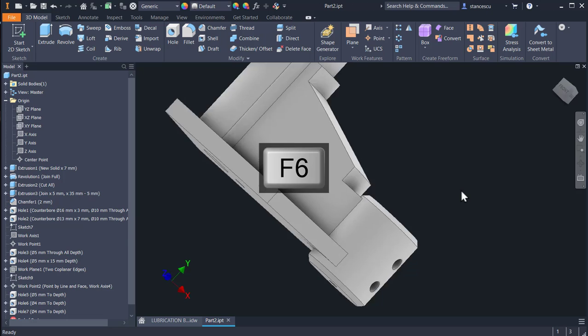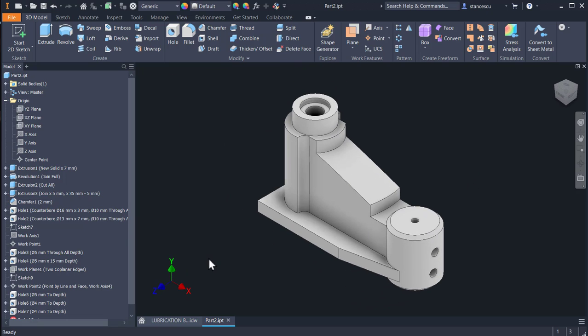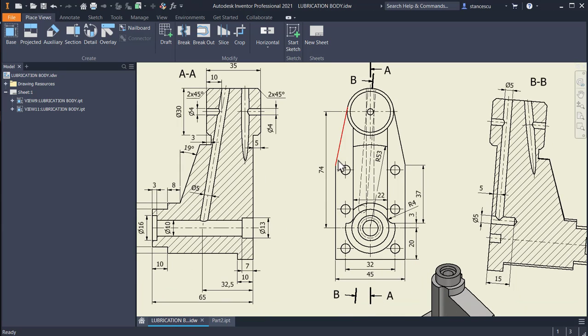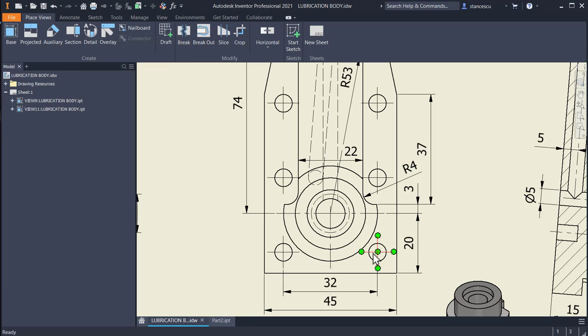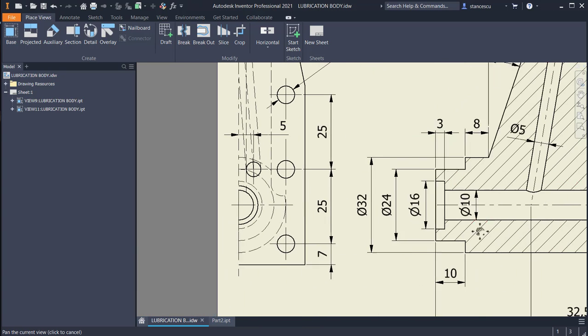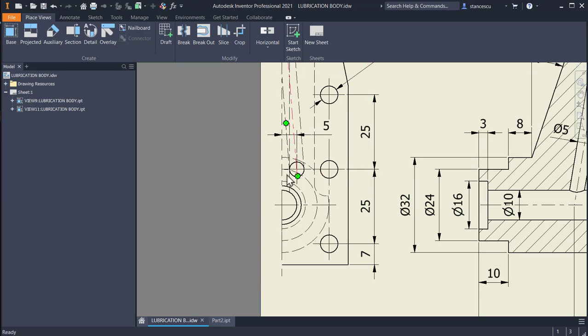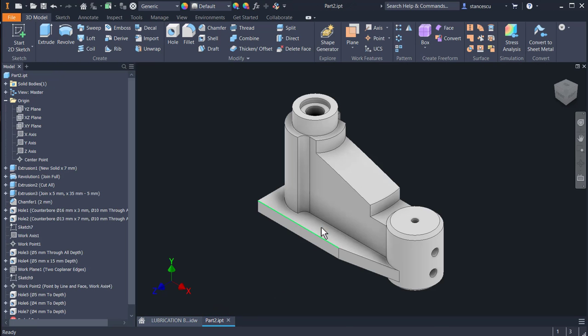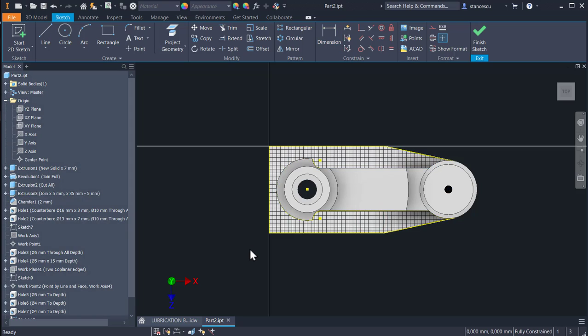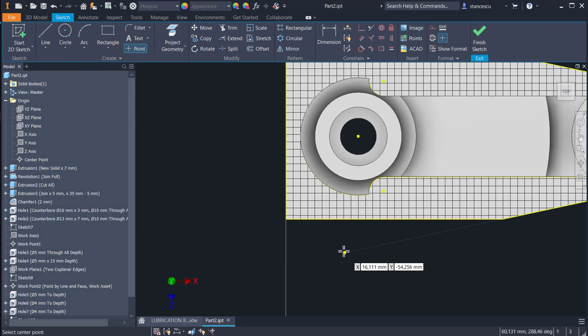Okay. F6. Now there are the last 6 holes placed on 32, symmetrical, at distances of 7, 25, 25. One is on the same horizontal with this. Okay, I create a sketch on a side, point 1, 2, 3, on the same horizontal, I hope. This is X, yes, the same horizontal,